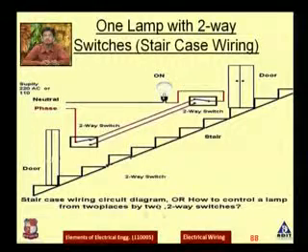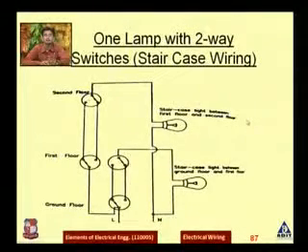So the staircase wiring diagram is explained here to understand how you can control one lamp with the two-way switch. Okay, now take a similar example where you have one lamp and a two-way switch, but the condition is that here you are at the ground floor. Suppose you want to go to the second floor and it is night time. So what you need is the light, or the lamp.